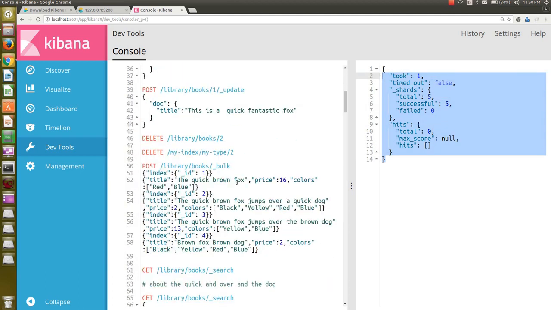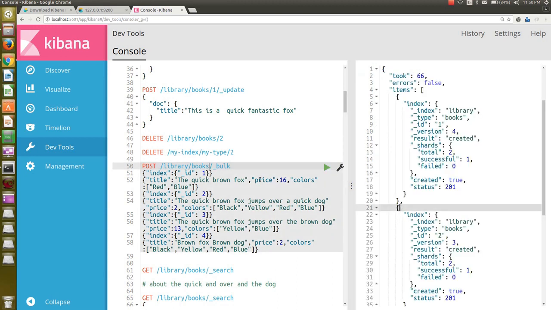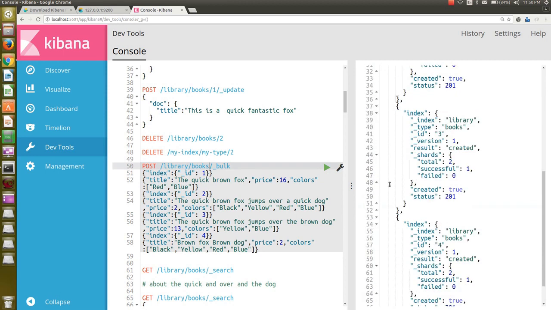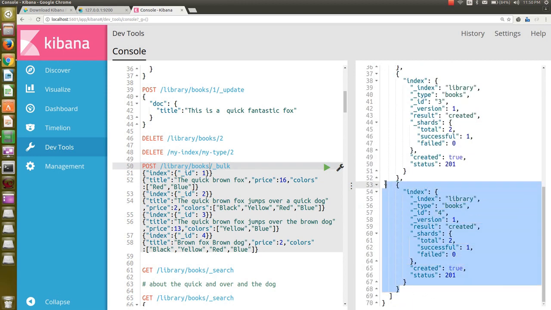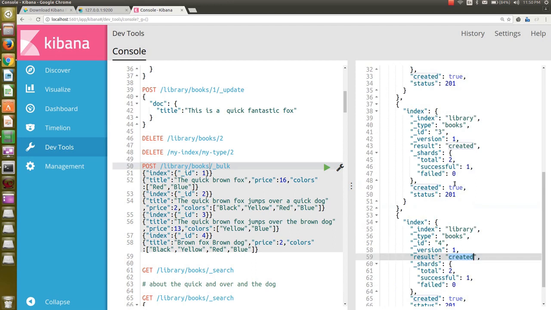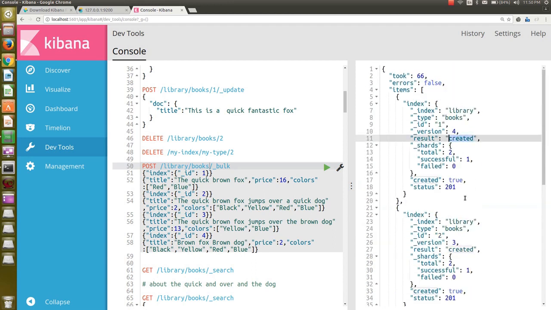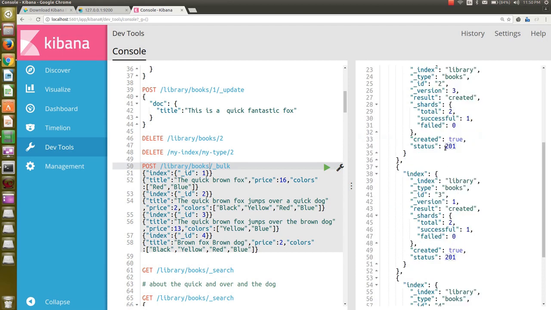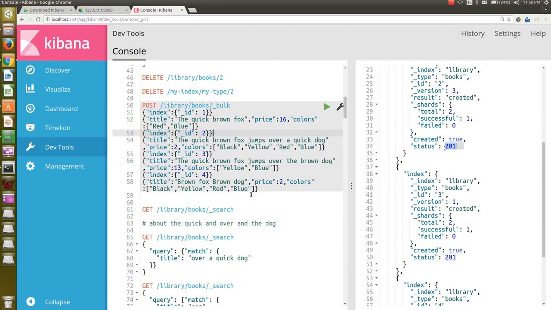Now we are going to learn how we can push multiple documents in one shot. So it's always better to insert in bulk if you have a lot of documents. Let's try to figure it out. Here you go. So if you insert in bulk, you will get the documents information, ID, created, like you got for a single one. Status HTTP 201 additionally with that. 201 means created in the RESTful world.